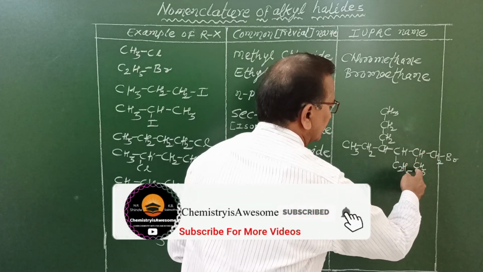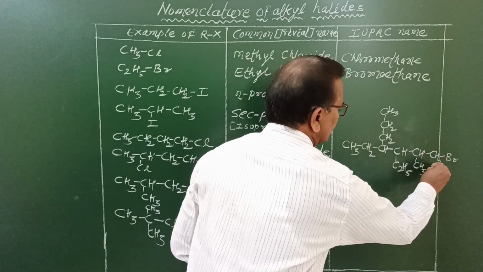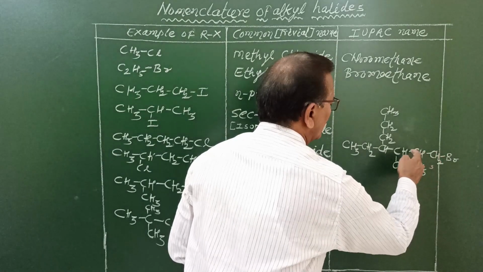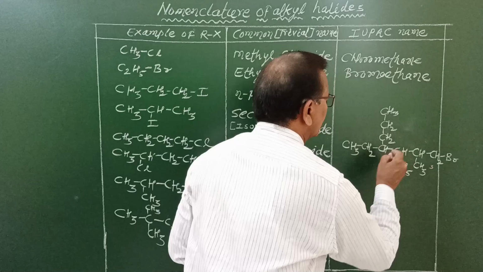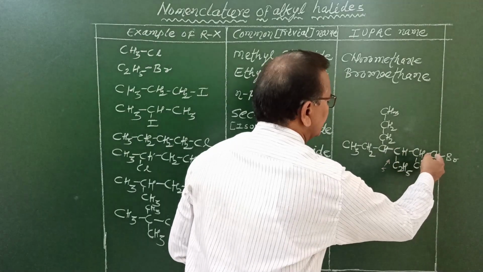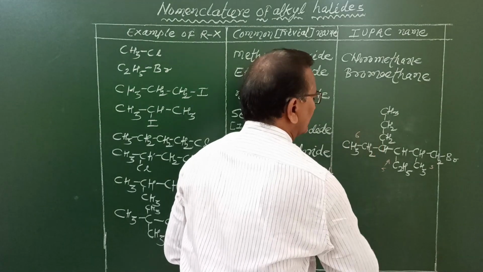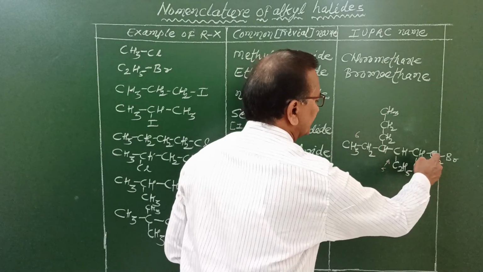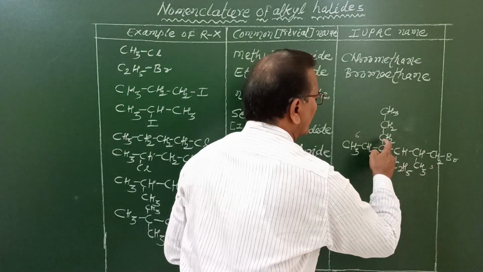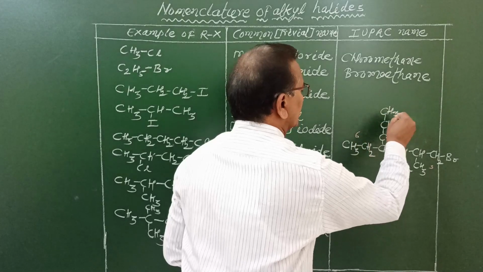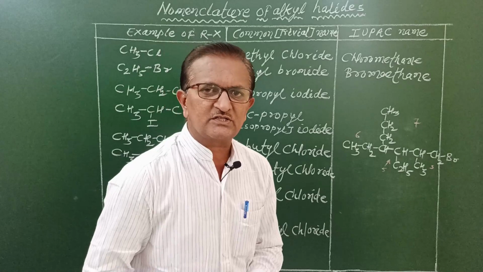1, 2, 3. Here in this chain there are 3 carbon atoms. We will write chains, 3 carbon atoms, 1, 2, 3, 4 and 5. This is a 5 carbon atom containing chain. Now let us see this chain, 1, 2, 3, 4, 5, 6. This is a chain containing how many carbon atoms? 6 carbon atoms. Now let us see this chain. This is also one of the chains, 1, 2, 3, 4, 5, 6 and 7. So here in total there are how many carbon atoms? 7 carbon atoms.